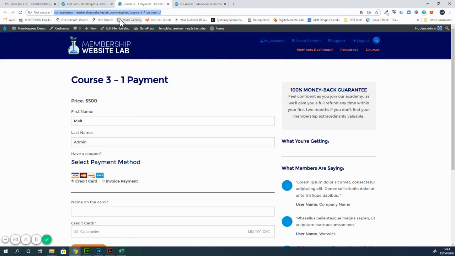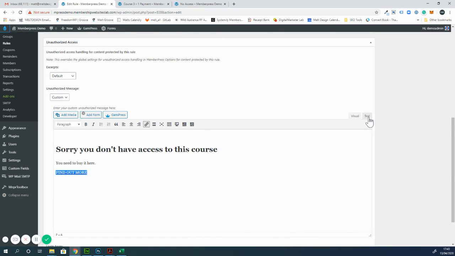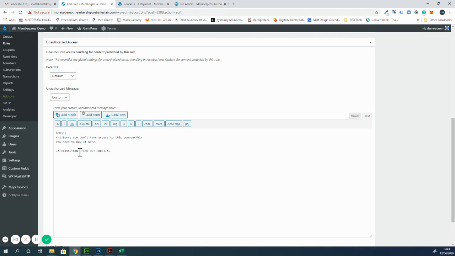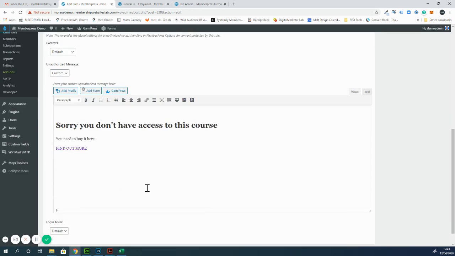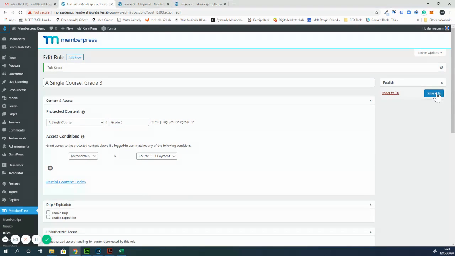So if I copy that and then fill out this, so it needs to look like this. You can also do it this way, just highlight what you want to do and click on the link, and then put your link in the box and then press apply. That'll link it through. Okay, so what I'm going to do, save that rule,